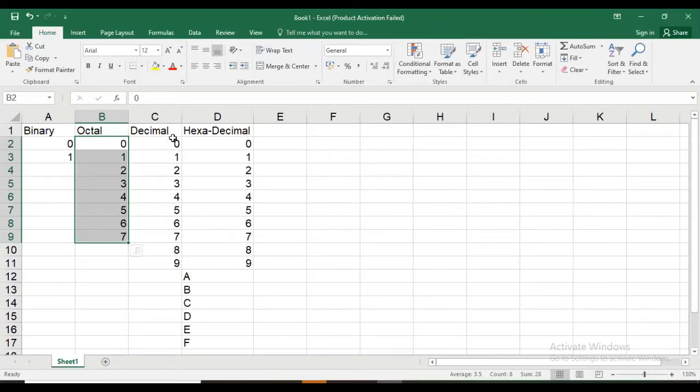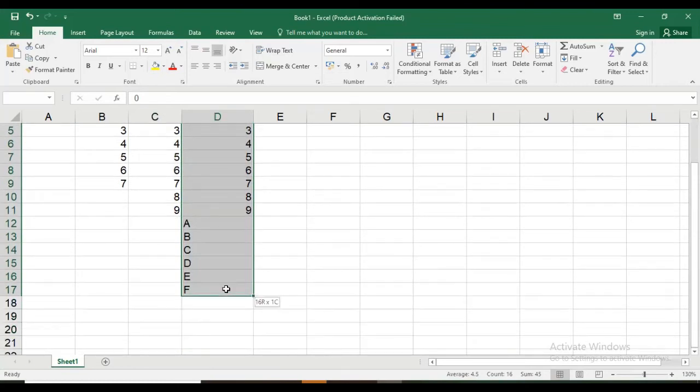So there are 8 symbols here. In decimal, 10 symbols are there, count is 10. In the same way, 16 symbols are there in hexadecimal.